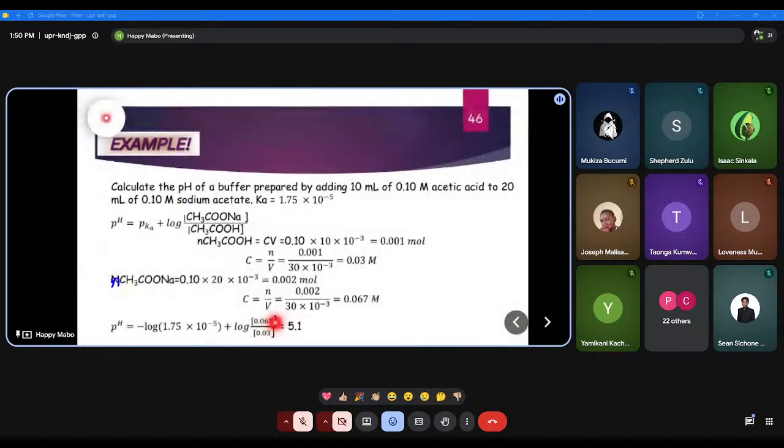Yeah, so you find those concentrations, then you throw that into the equation, the negative log of the Ka value here, plus the log of the ratio, which is going to give us